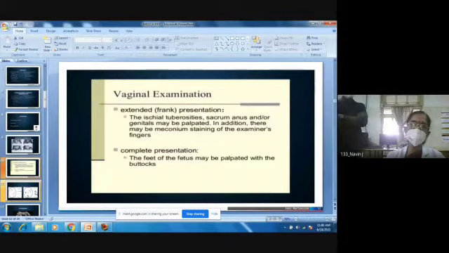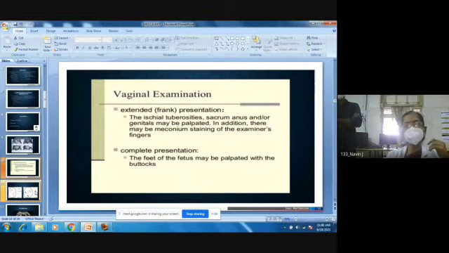When you do a vaginal examination, I already told you, you'll be feeling the sacrum of the baby, the ischial tuberosity. Sometimes you can feel the external anal sphincter of the baby. The genitals of the baby can also be felt. And when membranes are absent, the baby will be passing meconium, so your glove will be meconium stained. When it is a complete breech, that means it's a flexed breech, you can feel the buttocks of the baby on one side and the feet of the baby on the other.